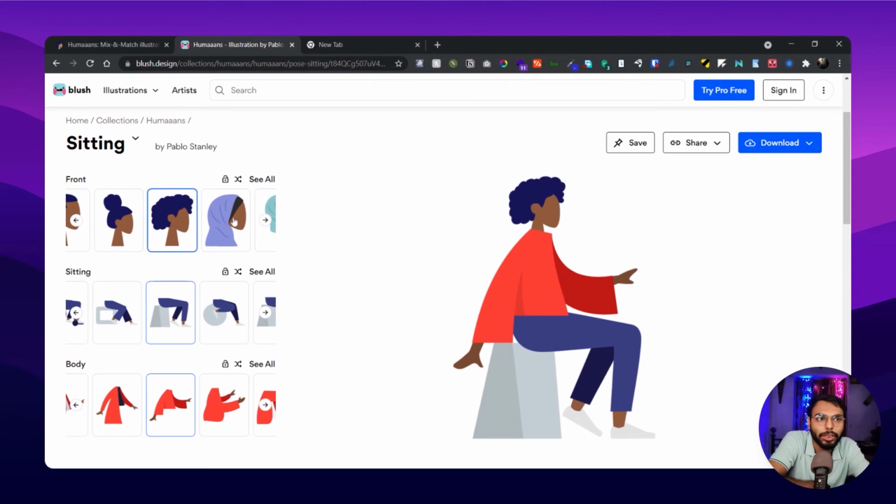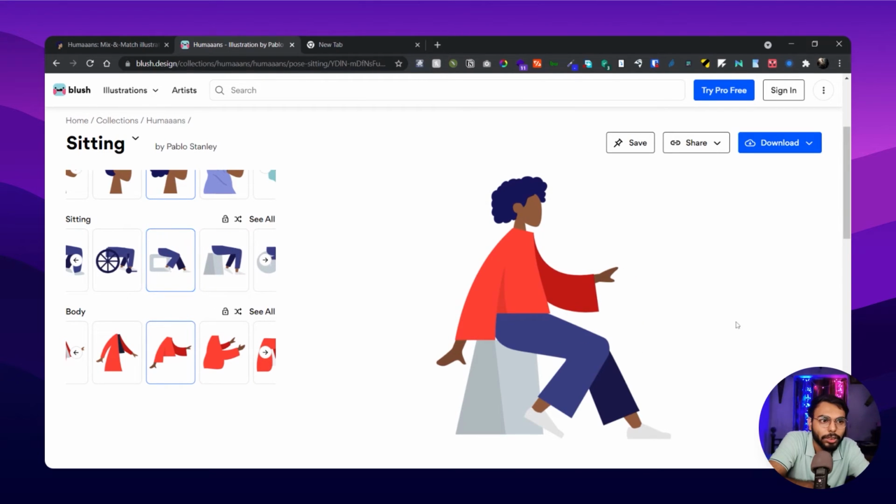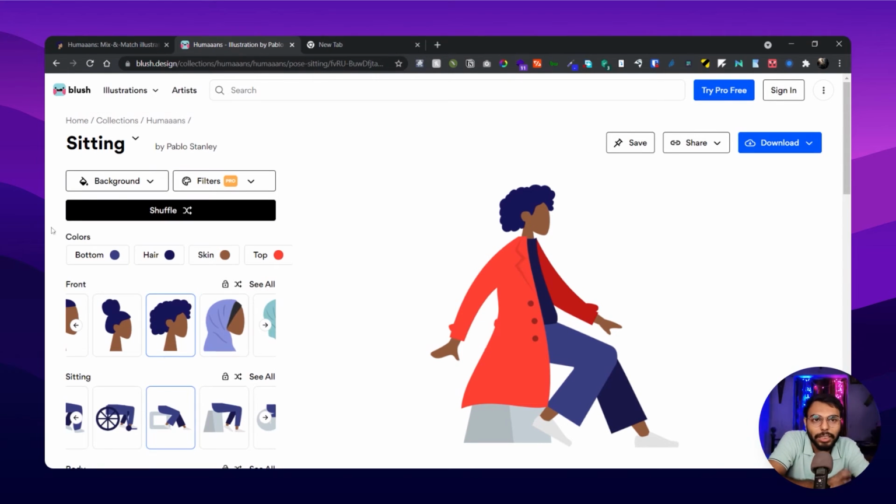Suppose I want to choose this head, and there are lots of sitting positions also, so if I want to choose this one instead of that, I can do that. And I can choose between lots of hand positions also. Simple, easy to use.